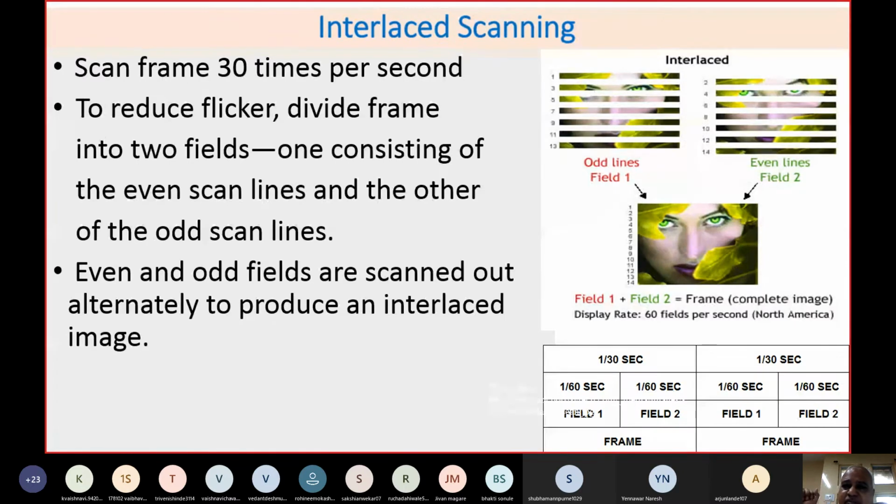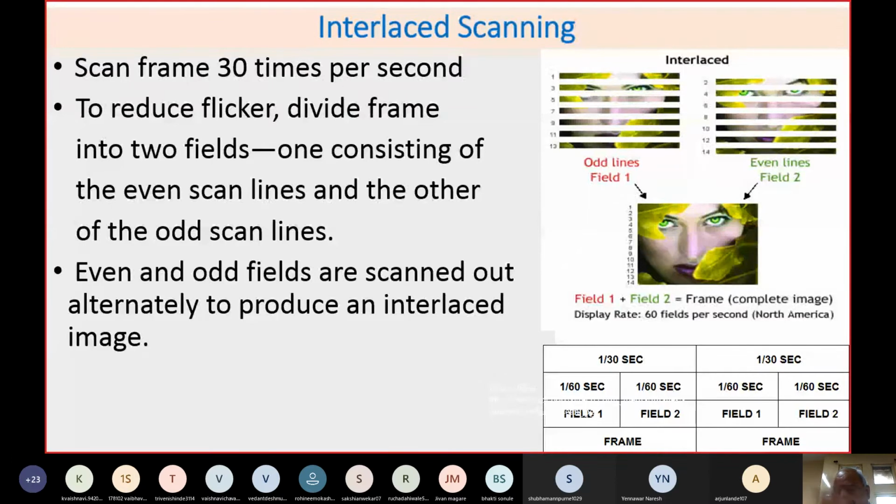Then probably this picture will give you a better idea of what is called interlace scanning. You are already familiar with this. In scanning, if you have the NTSC standard, there can be 30 frames per second. If you talk about the CCIR standard or PAL standard, then that will be 25 frames per second. Here every frame is divided into odd fields and even fields. In the odd field only odd lines will be scanned, and in the even field even lines will be scanned. If you combine both, when both the fields are completed, you will get this type of picture.